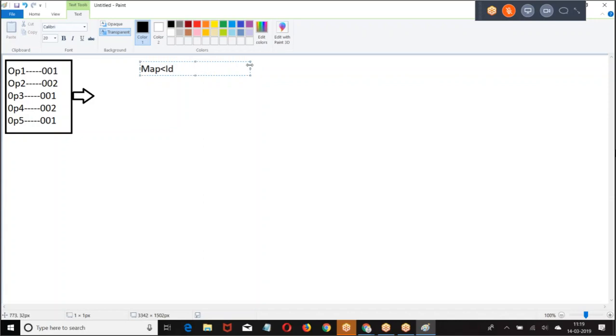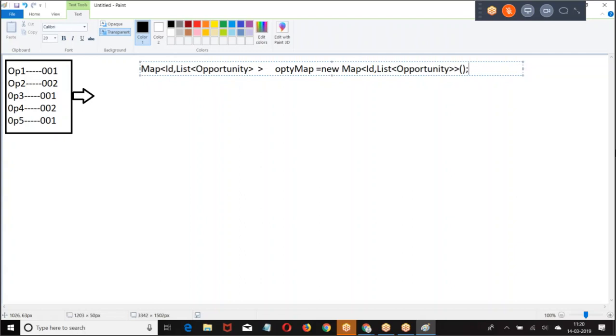For every account, there may be a group of opportunities, a list of opportunities. I create a map. ID of the account as a key, list of opportunity as a value.